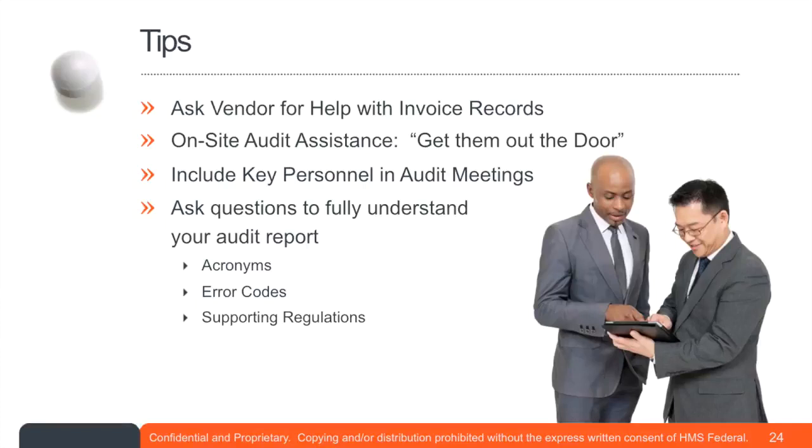Another tip is to include key personnel in the audit meetings. So when the pharmacy is selected for audit, there may be a technician who's selected to compile all of the records that the auditor needs. So that's someone who would certainly want to be in the audit meeting. Maybe there should be 2 technicians. Maybe there'll be 2 people working on it, helping each other through it, or maybe there should be 2 technicians in case of the technician who'll do the work and maybe the alternate.